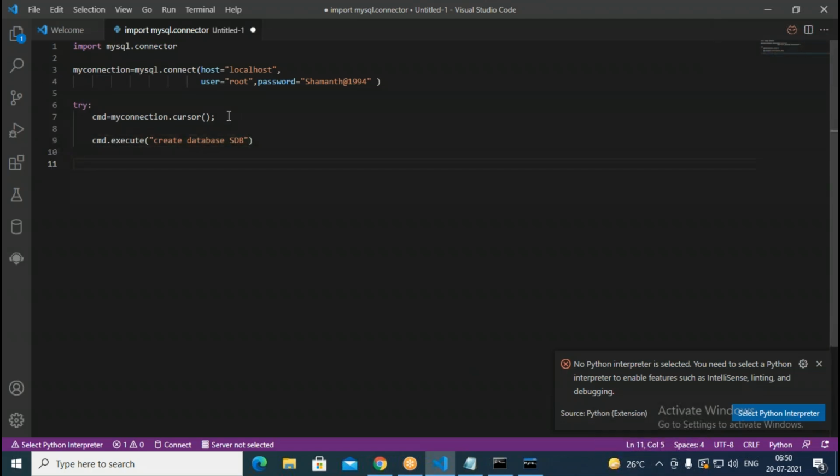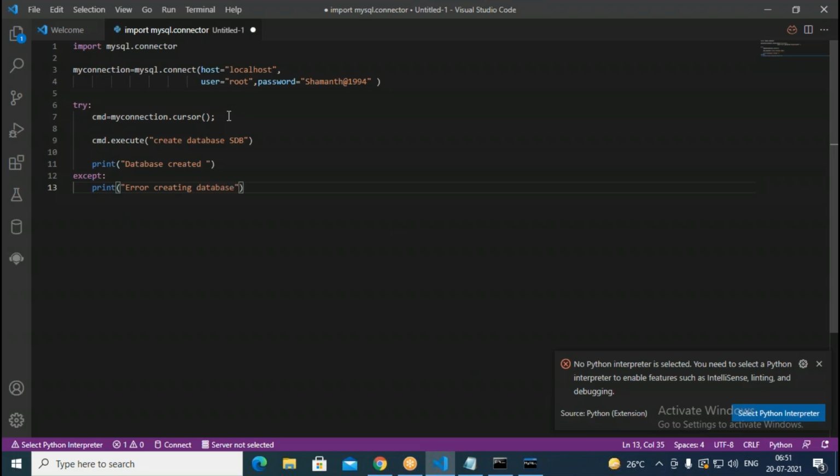Here we print database created. Else, suppose this is wrong, then we go with the except. Then we print here error creating database. Like this we put.